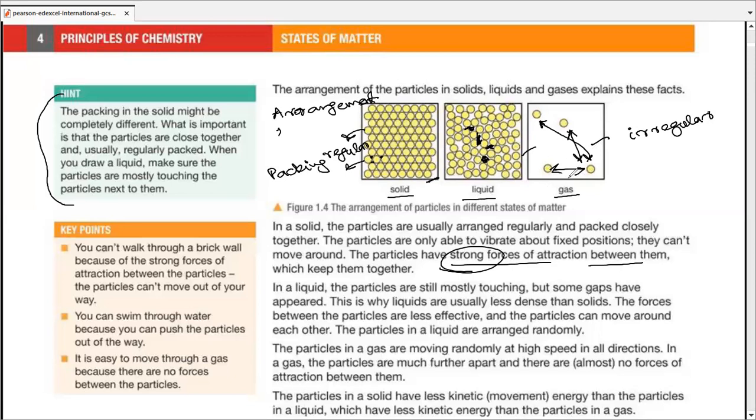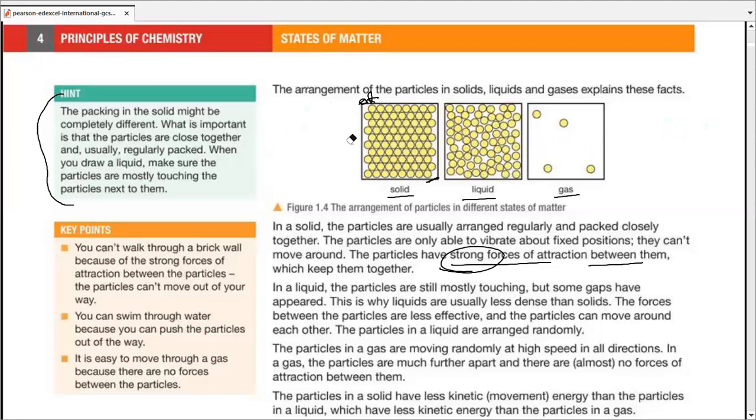Although most of the time, if you take a look at the past 10 years papers, you would see that the diagrams have not been a part of the question. I mean, they never ask you to draw these diagrams. However, you should know how to draw these in order to understand the differences among them, right? So talking about solids, liquids, and gases, there are other basics that we need to understand. Moving on,